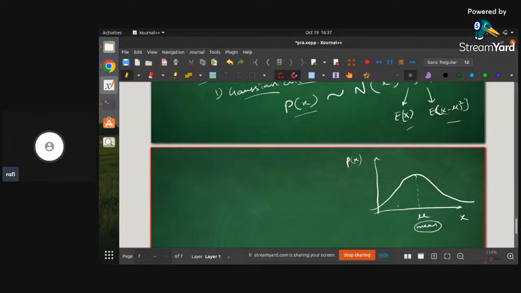That means the right half is same as the left half. For example, if you move some n units away from the mean towards the right direction and you got some x1n, and in the same way towards the left direction you got x2n, the probability of x1n and the probability of x2n are both the same. Okay,